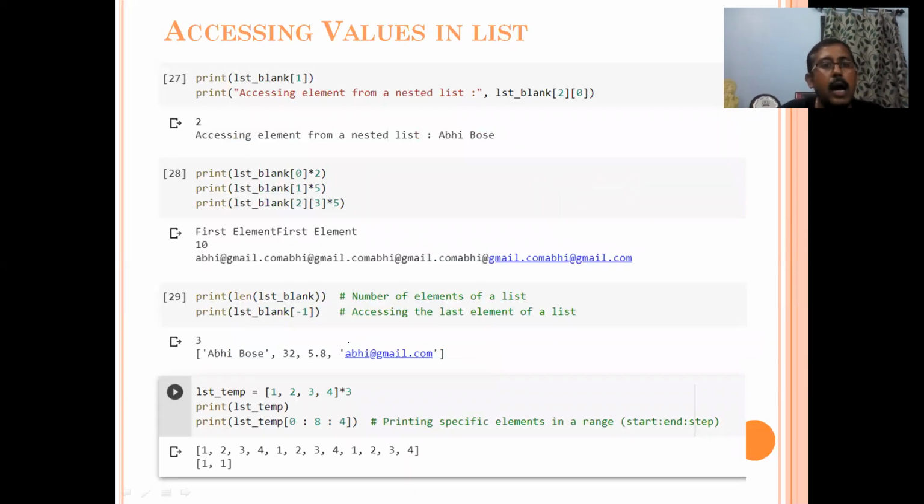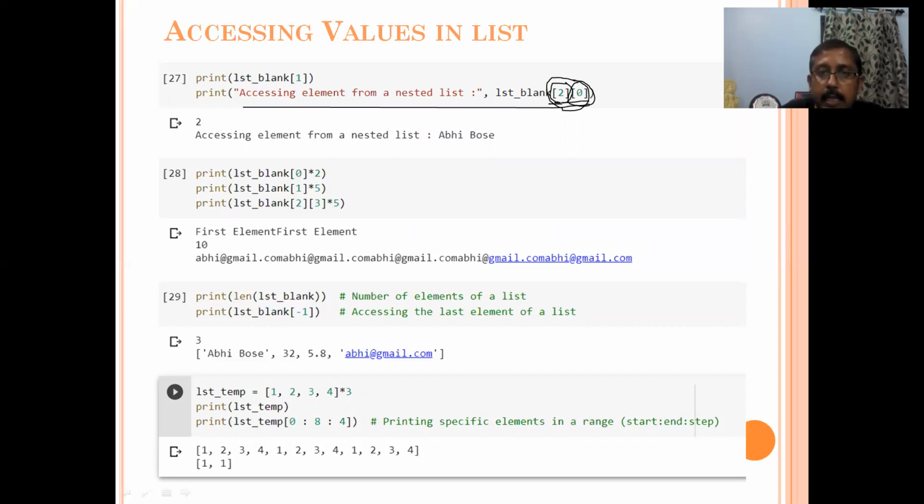Next, we have already seen how you can access the values in the list. Here I'm just repeating the procedure again. I am accessing the first element. Now, if I want to access an element within the nested list, how do I do it? Instead of one access specifier, I give another access specifier.